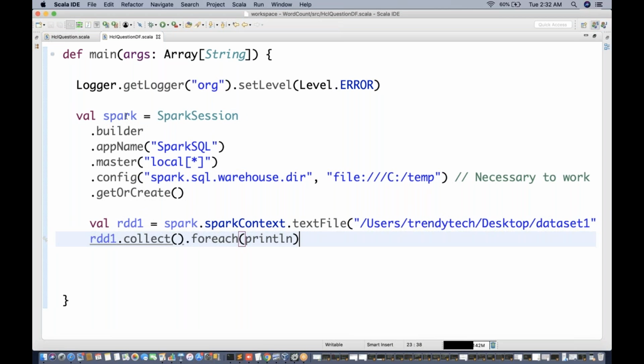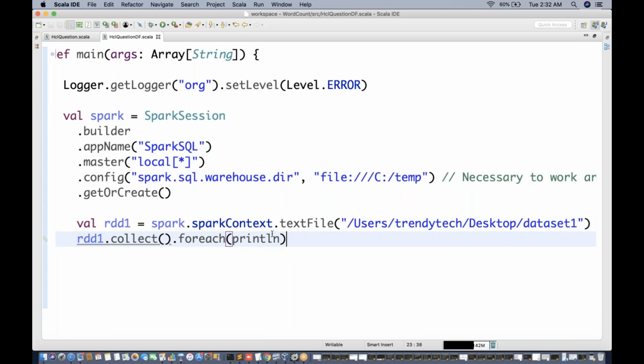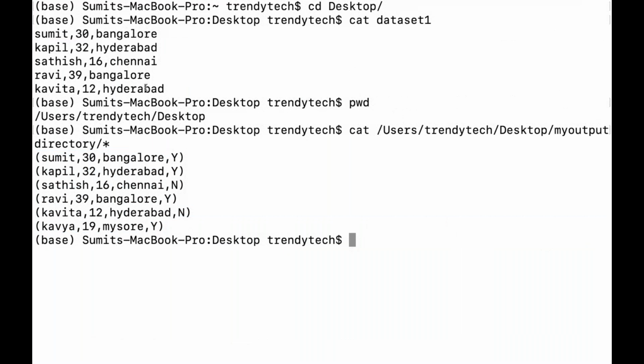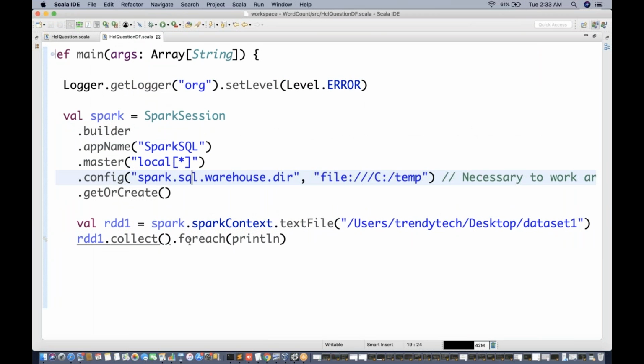Now we have created the Spark session, fine. After that, we are loading the file as RDD because the data does not have any headers or structure, so of course we have to load it as RDD. There is no other choice, right? Let me show you. Our data looks like this. Does it have any headers? No. Then how can you directly create a data frame out of it? You cannot, because this is raw data without any field names. It has to be an RDD initially, and that's what you created using this.